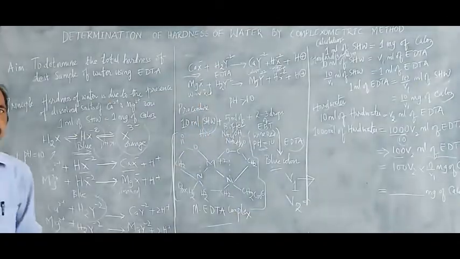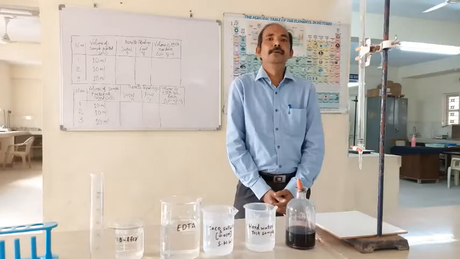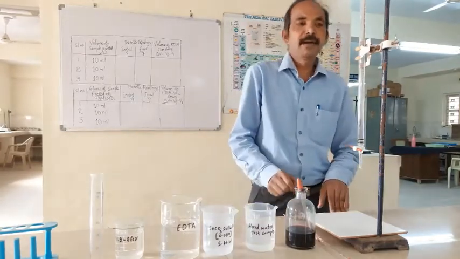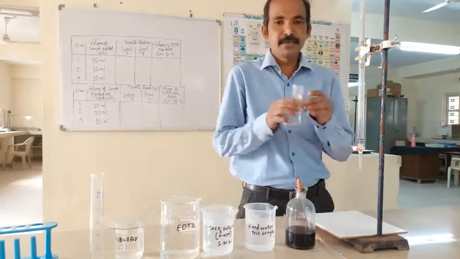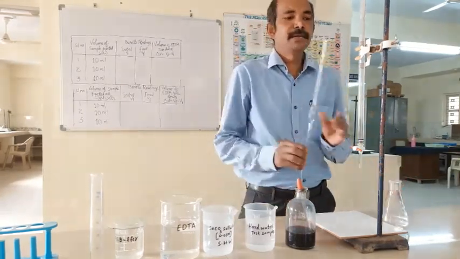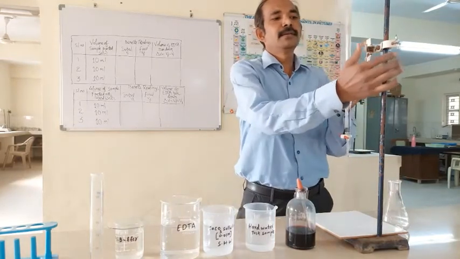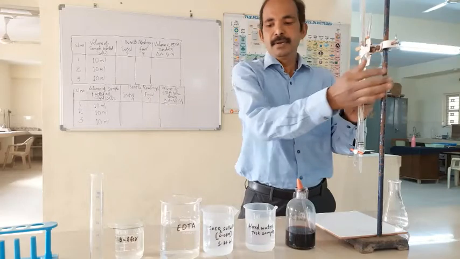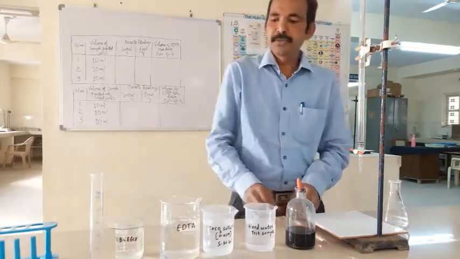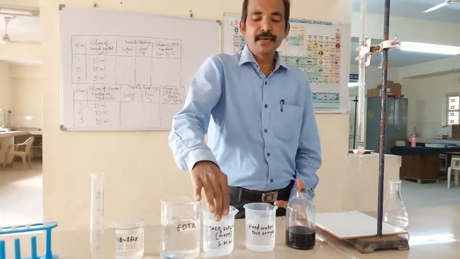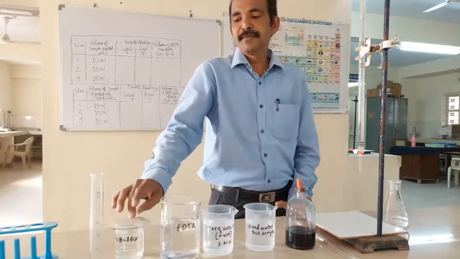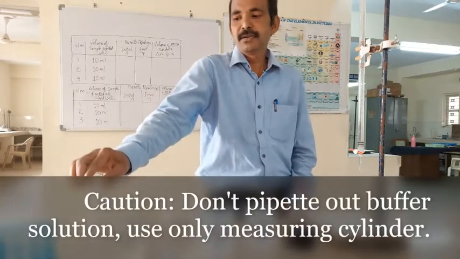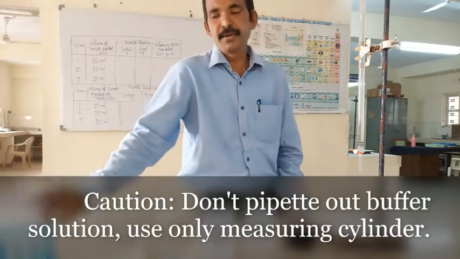So now we are going to demonstrate. Okay, now we are going to do the experimental part. Most of you have already done the lab, so you know what is meant by a conical flask. This is the conical flask, this is the pipette, this is the burette, and this is the burette stand with clamp, and in this one we are going to use the EDTA. This is the standard hard water, this is the Eriochrome Black T indicator, this is the buffer solution, this is the measuring jar, and this is the test tube stand, and you can use a test tube also.